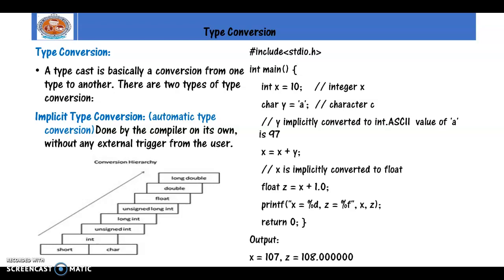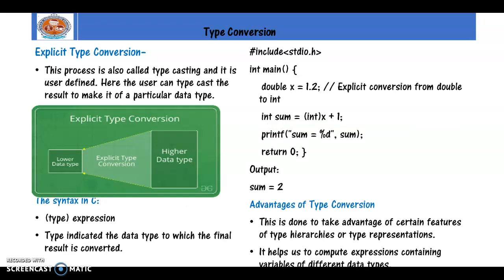But if I try to place a float in an int value, right? A float will occupy 4 bytes of memory and I'm trying to store it in 2 bytes of memory. What will happen then? Some data will get lost, right? In those cases, I want to explicitly convert that into an integer value. That is known as explicit type conversion. When you want to convert a higher data type to a lower data type, right? Then I need to give explicit type conversion.